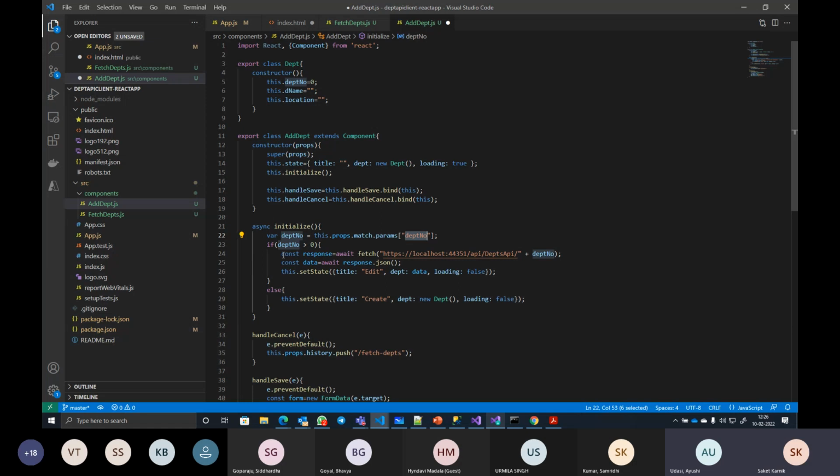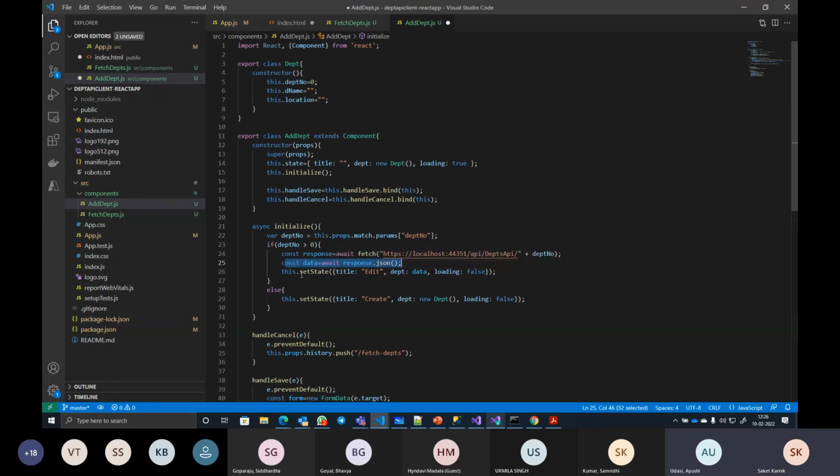That's what I'm doing. Here I'm retrieving the data and converting to JSON, and then using that JSON data to set the state again. Title I set to edit, department is the received department, and loading is false because it is finished.